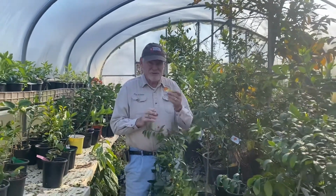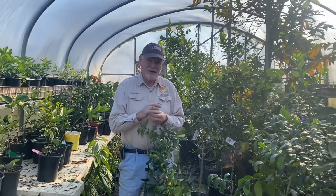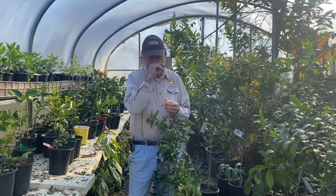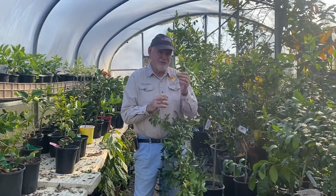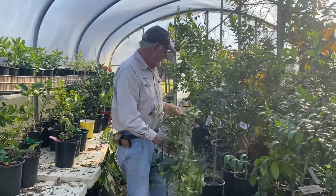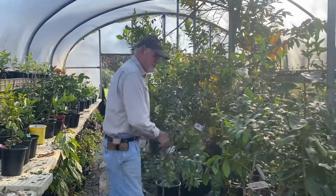Miawas are sweet. You eat the whole thing, pop the whole thing in your mouth at one time. And Nagamis are sour. They make a good marmalade or whatever, and you can eat them if you like sour stuff, but these are sweet. It's like sweet and sour. I think the interior is sour, the peel is sweet, and so you get the sweet and sour sensation when you bite into it. We also have, in our little collection here,